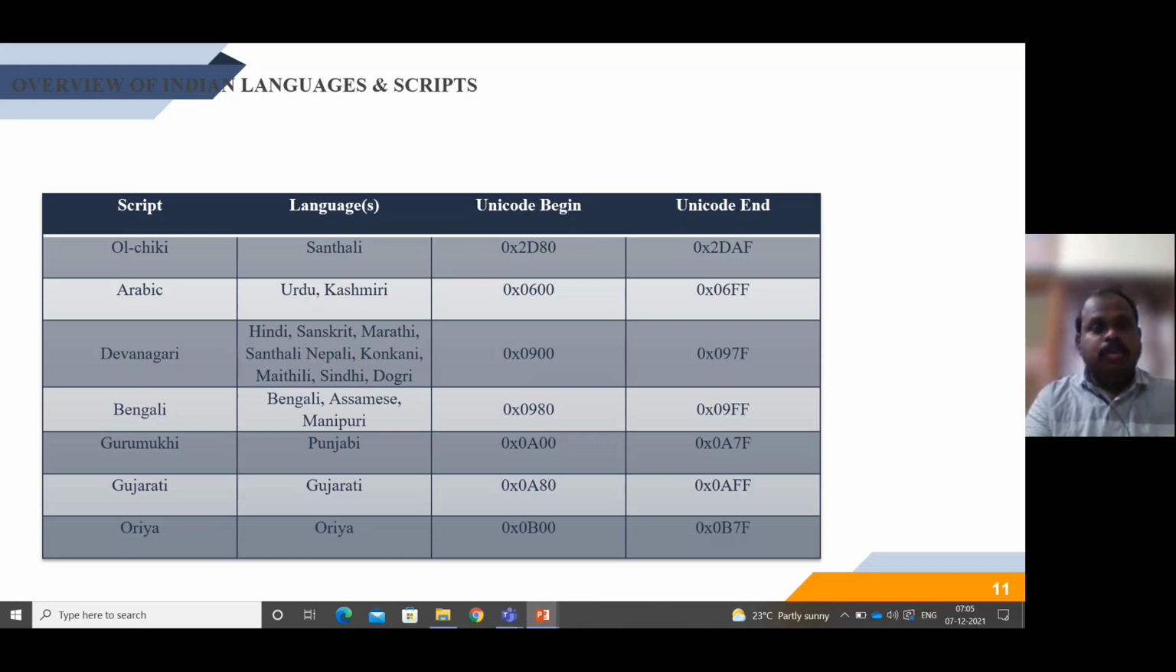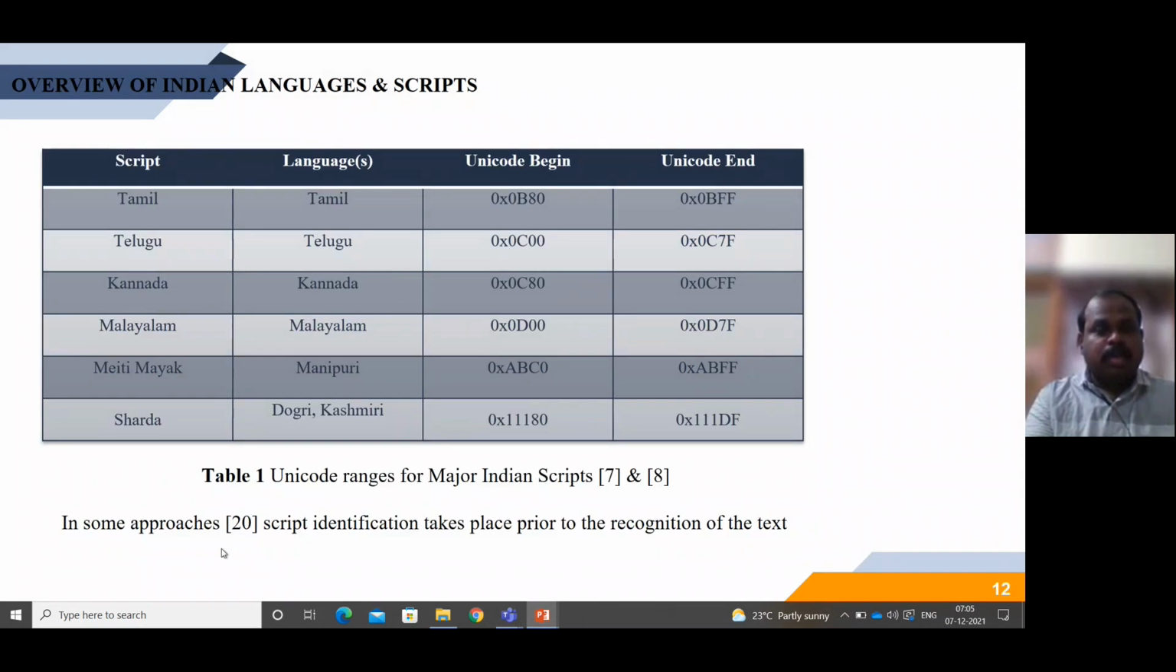And before moving on to the approaches, there is one more reason. Not only the languages, not only the South Indian languages I am dealing with. There is one more reason, that is in one particular paper and approach, there is script identification. That means before text recognition, script identification takes place. So this is also one of the reasons I